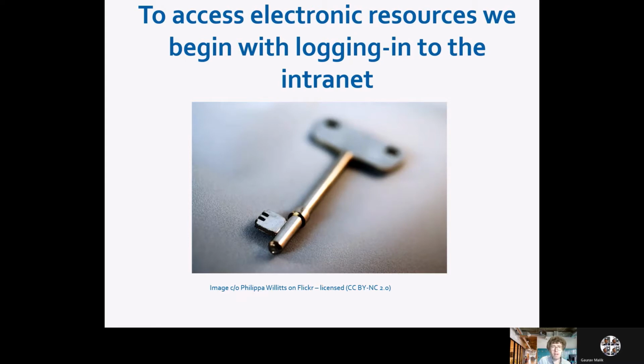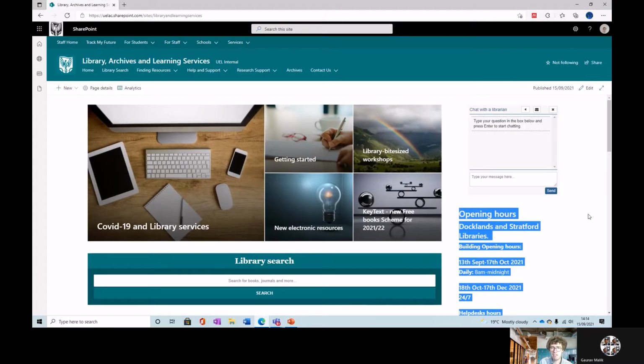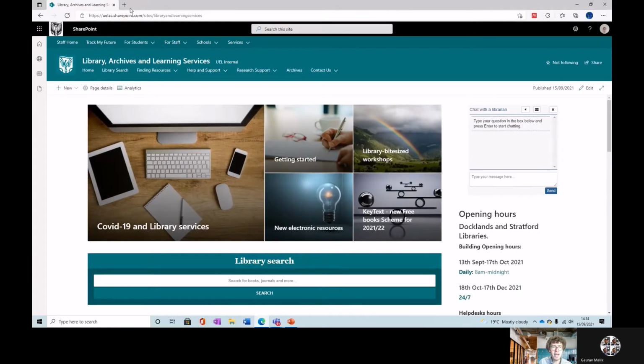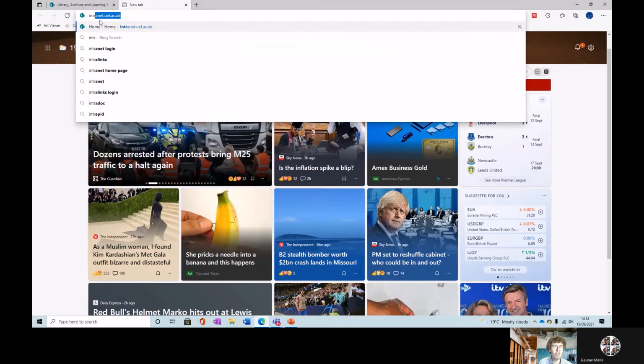Okay, so moving on to access. Everything is on the library intranet. That's really our place that you need to go to. So that's what it looks like. It's this turquoise scheme. And to get to it, you can just go to Google or on the browser and just type in